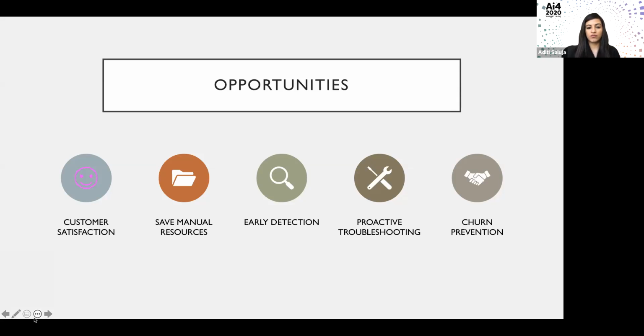The third opportunity that comes is early detection. We'll know a little ahead of time that this problem is going to occur. And because we have some time, now we will have more time to take care of the issues. We will be proactively troubleshooting the problem because, as I told earlier, we have a little more time. We don't have to follow the reactive approach anymore. We will also have an opportunity to reduce the churn and to prevent the churn, because now we have an idea of the pattern. Now we know the customers who are likely to churn and the customers who are facing the network issues.